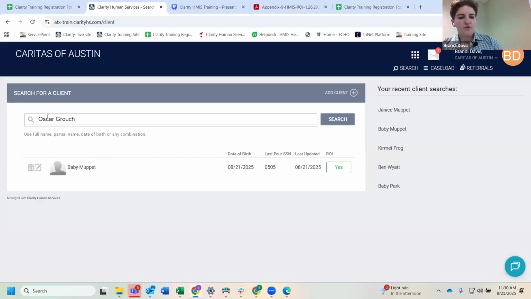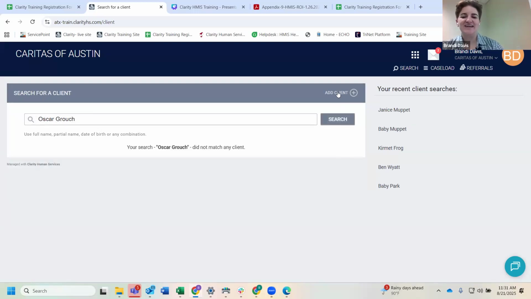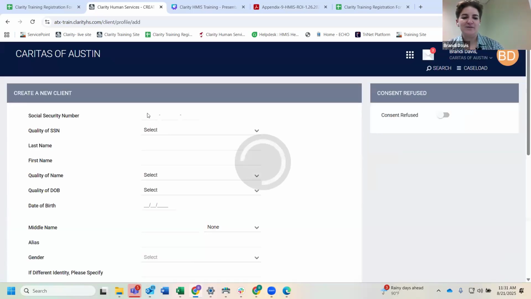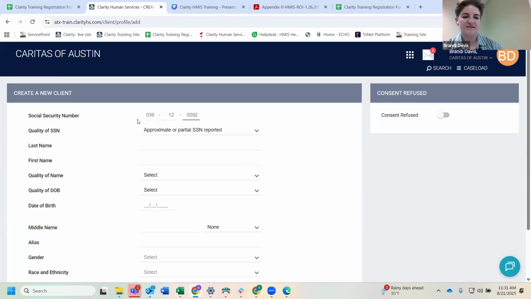Good question. All right, we're going to do this one more time, and then we'll move forward. So I'm going to add Oscar the Grouch here. I'm going to click search and then click add client, and enter the basic identifying info for the child I just added.